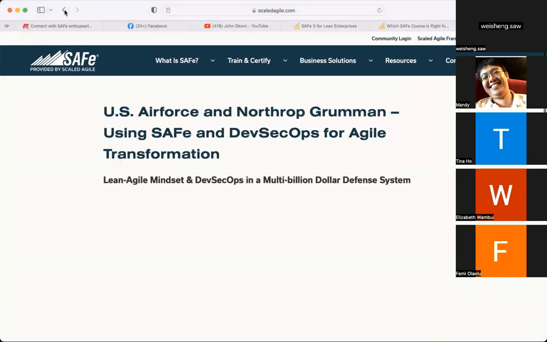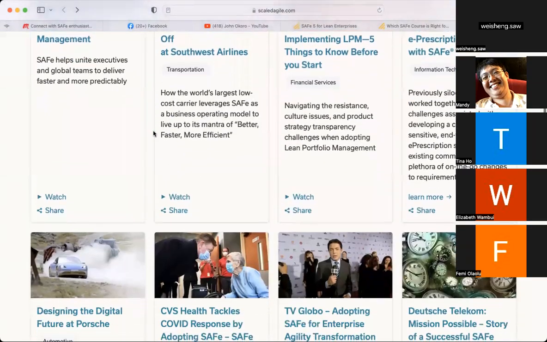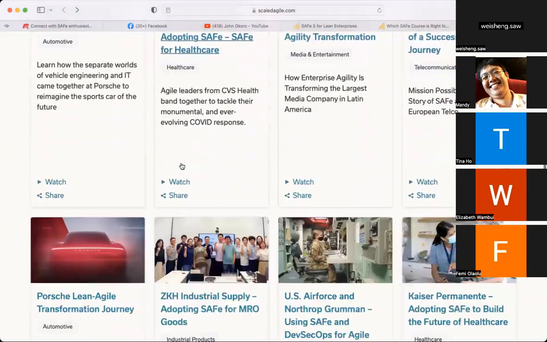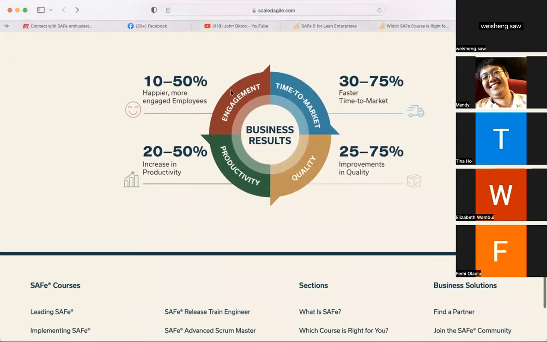And you can find those also on the site, if you're thinking about learning about it or your organization is thinking about it. This is a great place to start, where you can just go and start to understand who's using it and how they're using it. It shows 10 to 50% happier, engaged employees, 30 to 75% faster time to market,